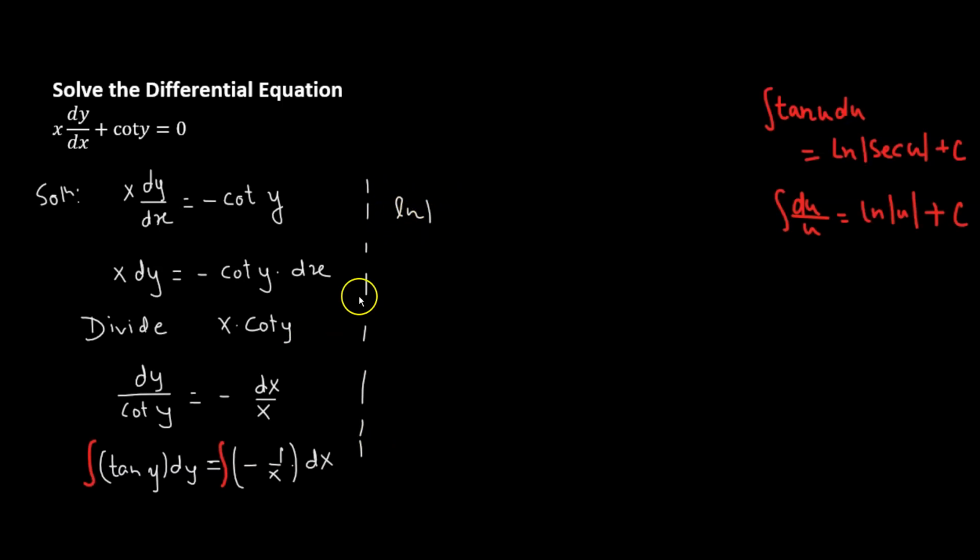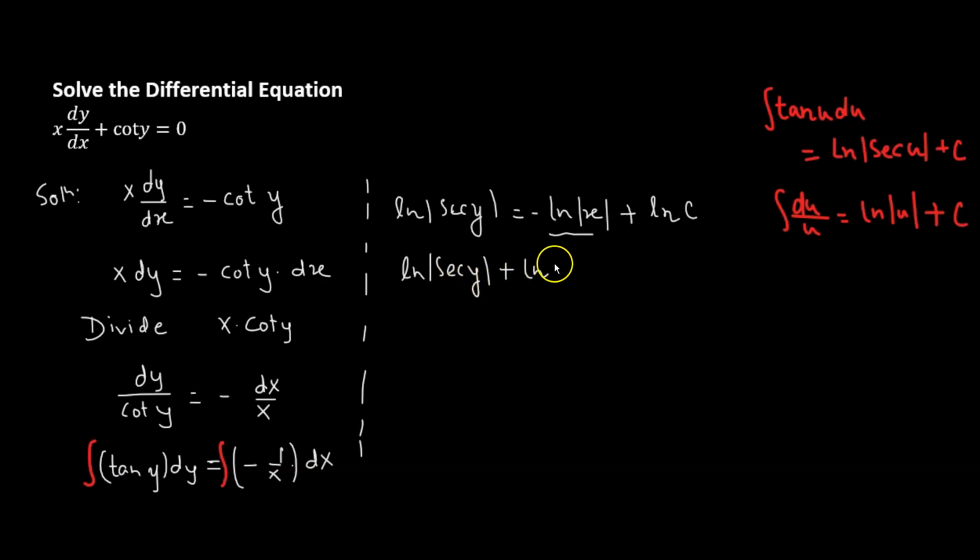So we should get the natural log of, so here the variable is y, so that means we'll have secant of y equals negative log of the absolute value of x plus the constant of integration, which comes from both the two integrations. But instead of using c, we will be using natural log of c, which will become evident in a moment. So let's bring the first term on the right hand side to the left hand side. So we have natural log of secant of y plus natural log of x,